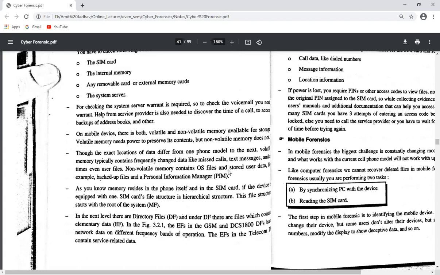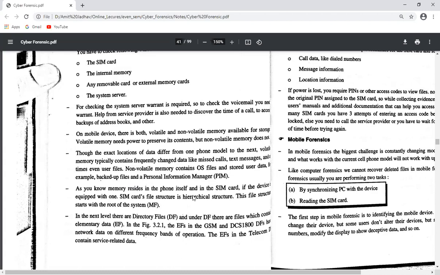Non-volatile memory contains OS files and stores user data, for example backup files and personal information manager data. So in non-volatile memory, the stored data is the operating system, supporting files, and also some app data that we store in the mobile.